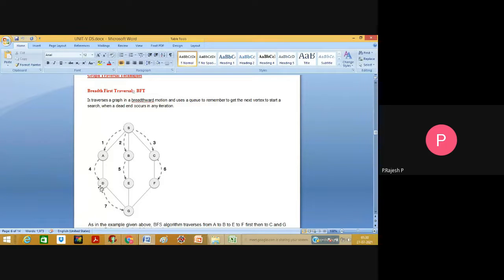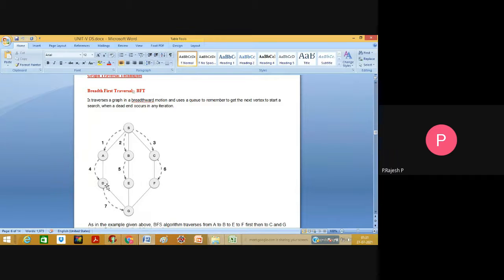Once D has been deleted, according to the rule, we find out the adjacent nodes for D, that is G. Insert this G into Q. Then, is there any further adjacent node for D?